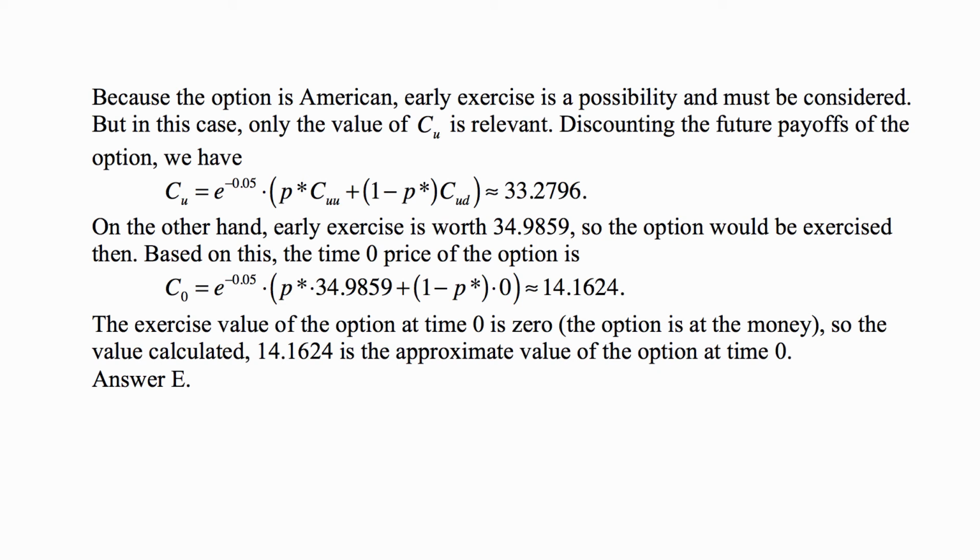And then based on this, the time zero price of the option is e to the minus 0.05 times p star times that exercise value in the up node plus 1 minus p star times 0, and that ends up being 14.1624. Of course, we could expect that would be more than 0, which is the exercise value of the option at that moment. So the value calculated, approximately 14.1624, is the value of the option at time 0. Approximate value because we did some approximation, but of course within the precision needed to pick the right answer,